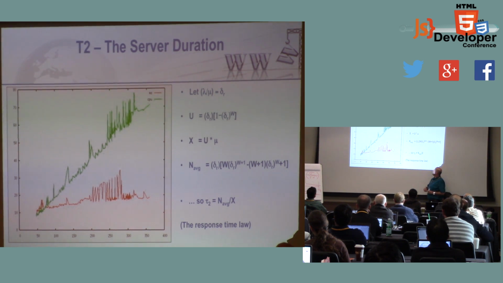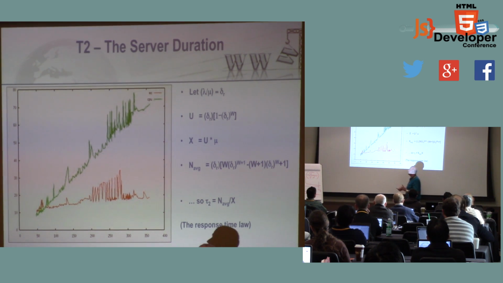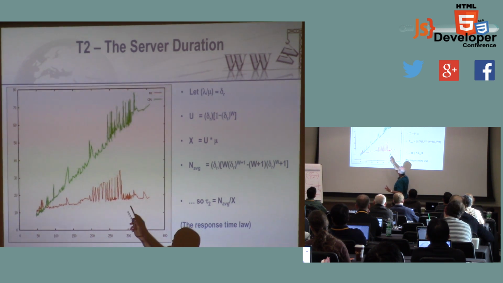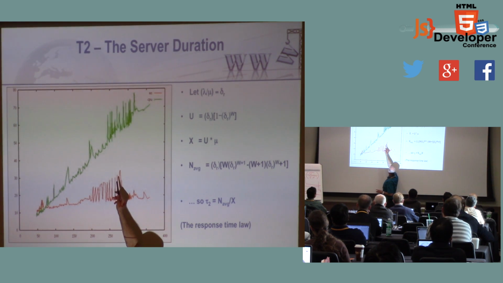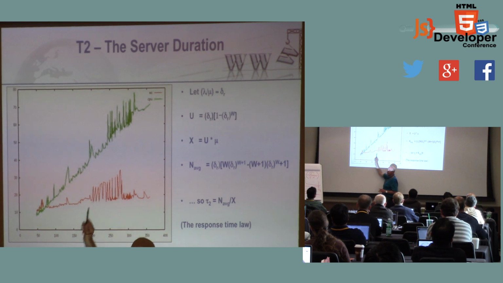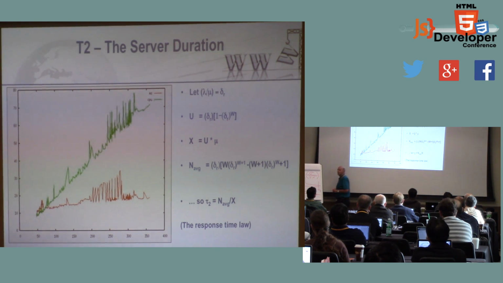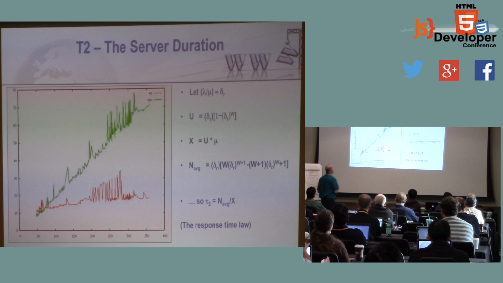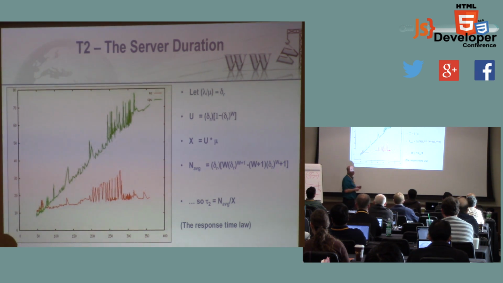Now, I'm not quite sure what your question is, but a question I get about this sometimes is, so the CPU went nonlinear there, but the response time went nonlinear before that. How come? Which is a good question. Do you see that? So we've got two curves, and they both have some point where they go nonlinear, right? But they're not the same point. And you would think that the CPU would go nuts, and then the user's response time would go nuts as a result of that. But what we actually see here is that the user response time went nuts, and the CPU was still scaling pretty linearly at that point. So what happened?